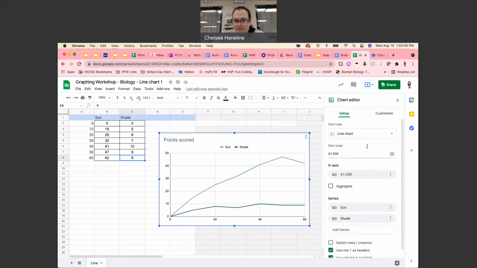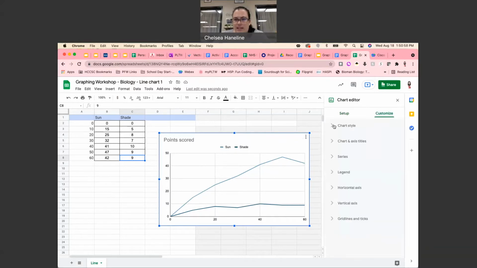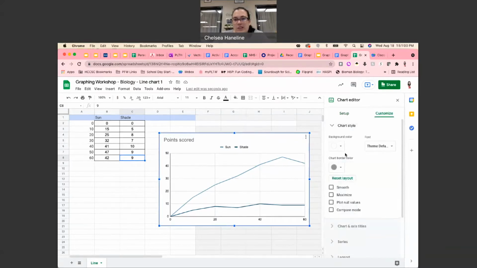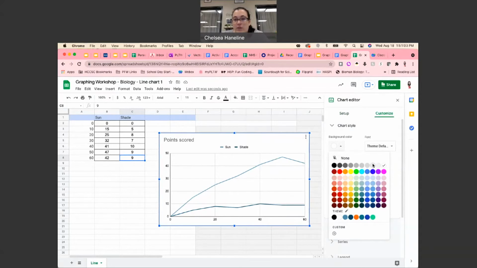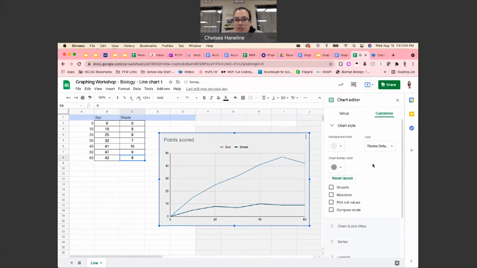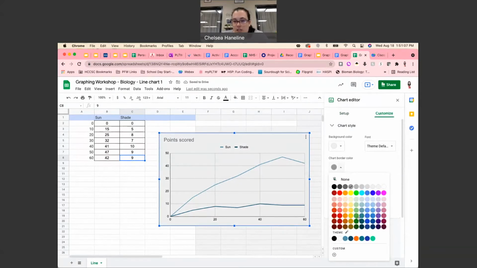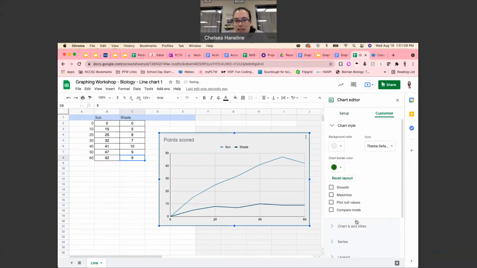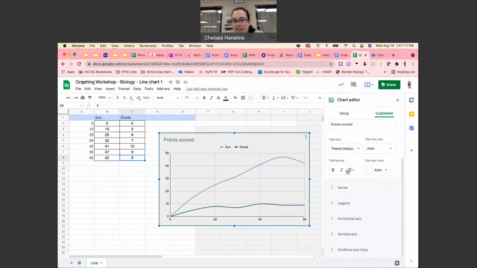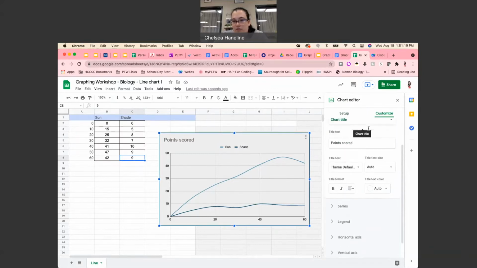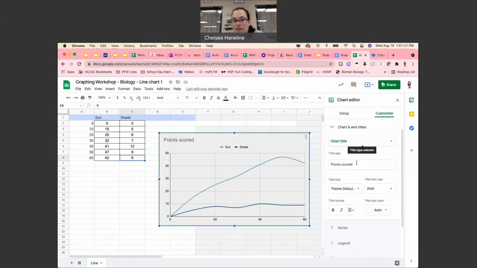And so what we're going to do is customize, and you can change what it looks like. So if you're real particular, like, ooh, I want the background to be gray, I want the chart border to be green, since we're talking about a plant, and we want it to have a smooth line, and we want the axis titles and the chart title. So we want the chart title first to be Elodea